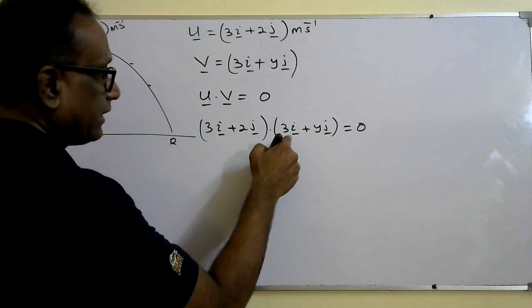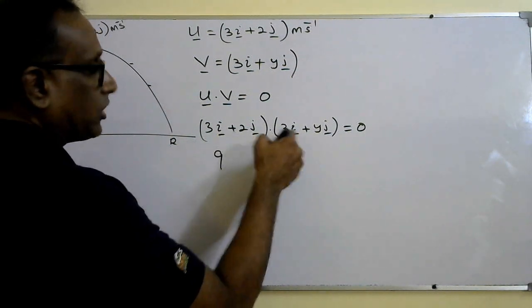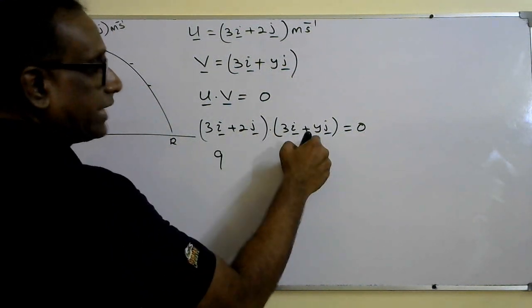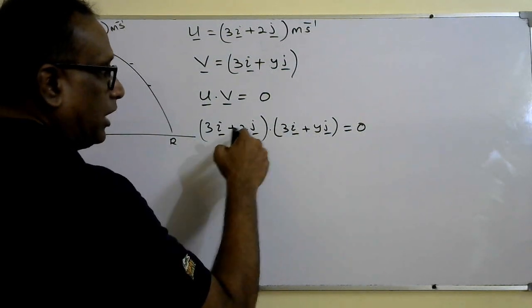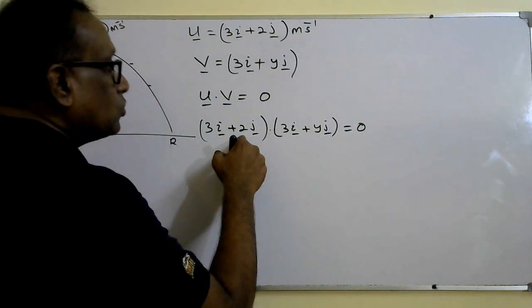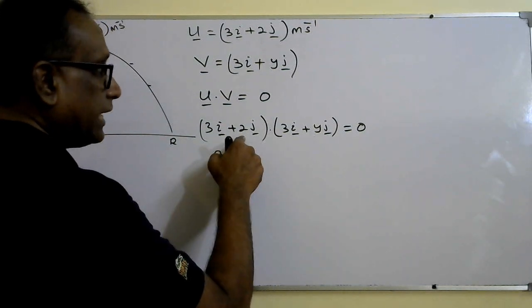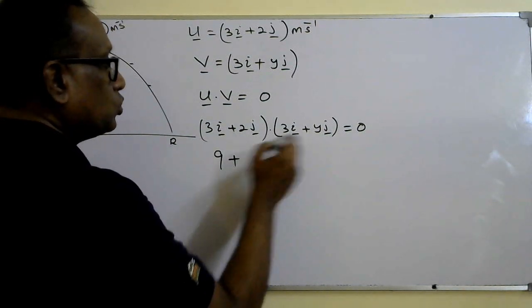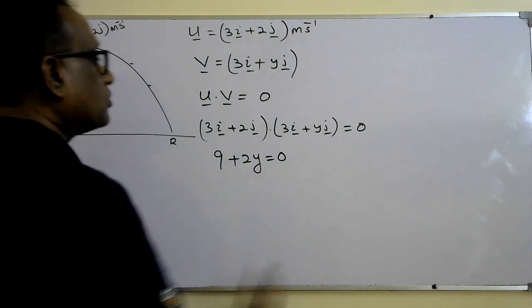Solve it: 3 into 3 is 9, i dot i is 1, so 9. 3i with yj won't come because i into j is 0. 2j with 3i won't come either. 2j